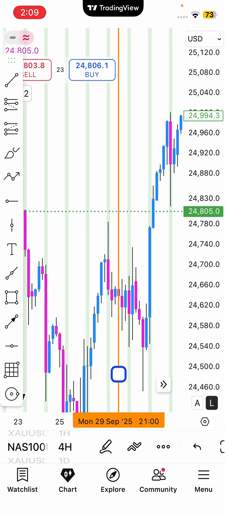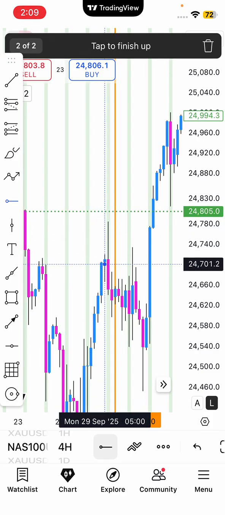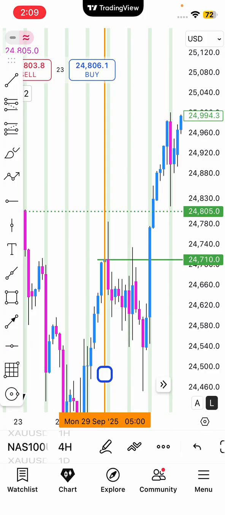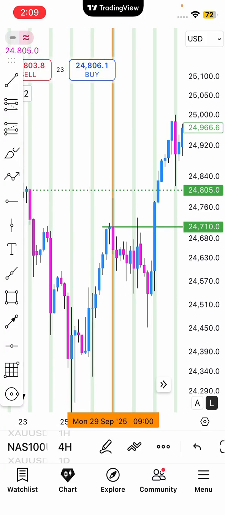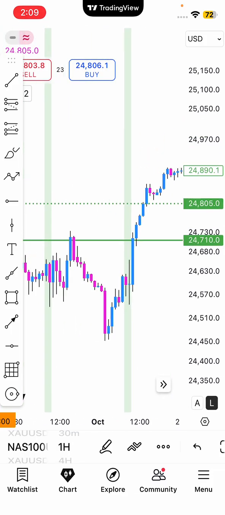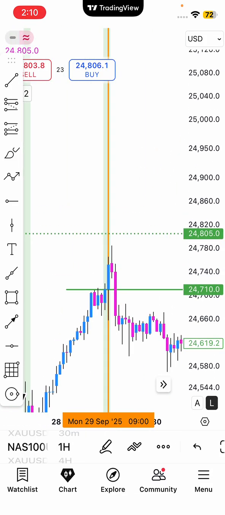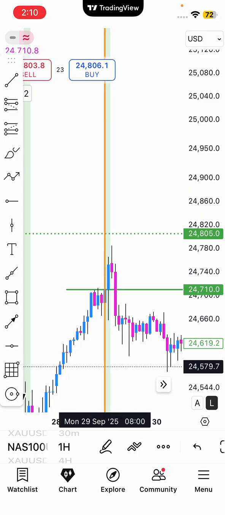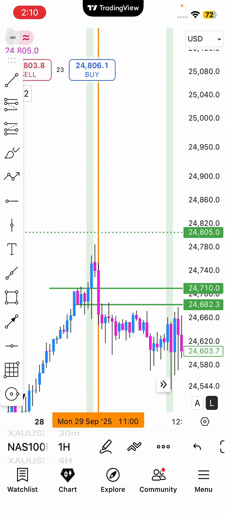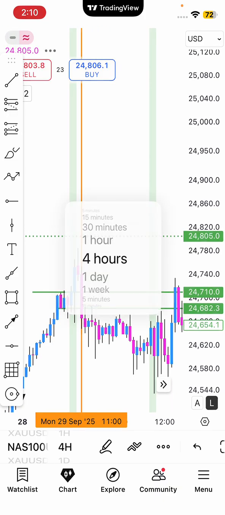So this was Monday. For NAS, I wait for the 5 o'clock candle to close. Pretty much what I'm looking at on Monday is that price is bullish, right? But it's at a higher high. So I'm looking for sells basically on Monday. And then once it gets to the New York session, I noticed that price is still bullish. So personally, I didn't take any trade on Monday because I was looking for sells because price had already